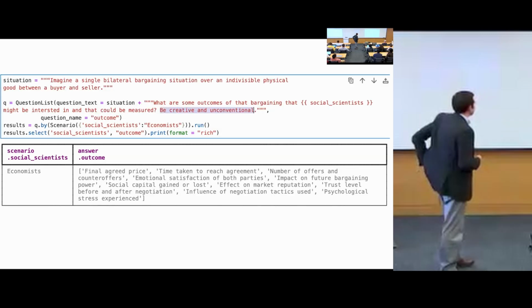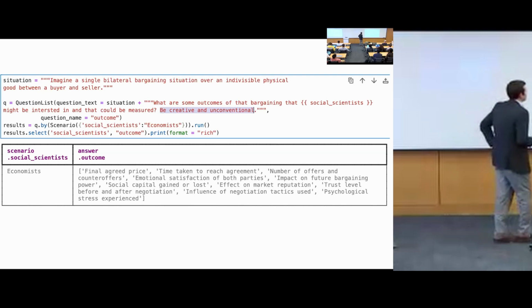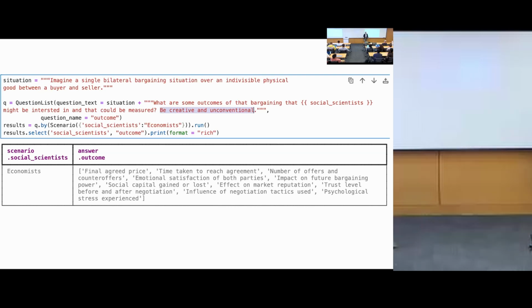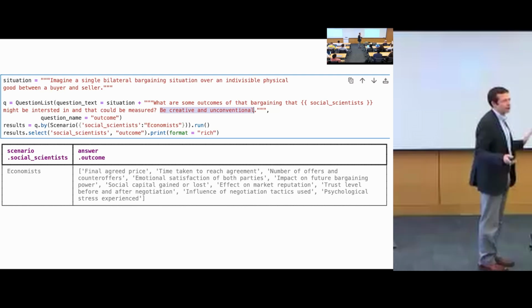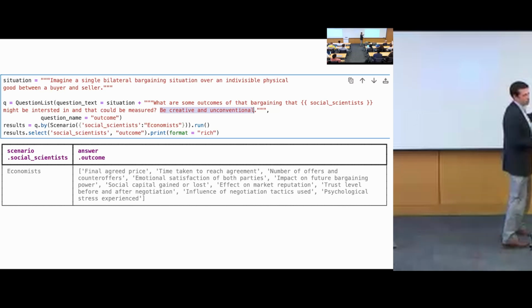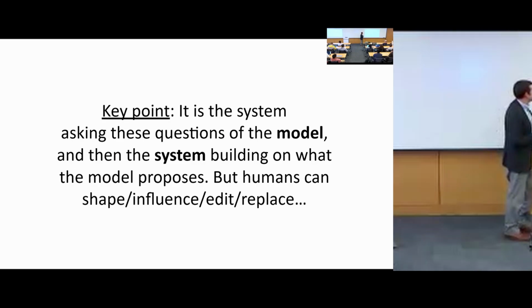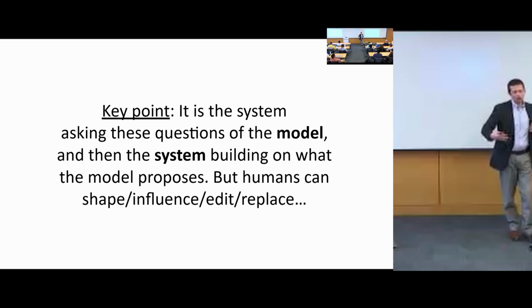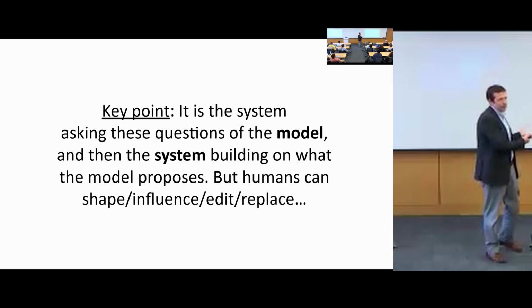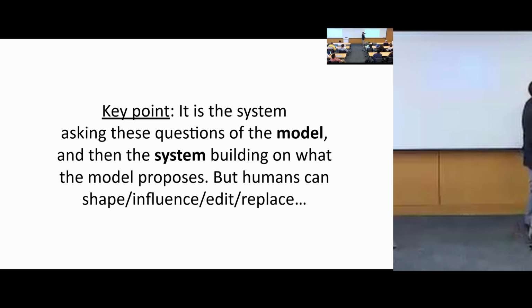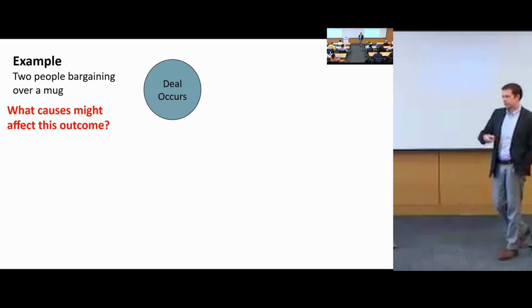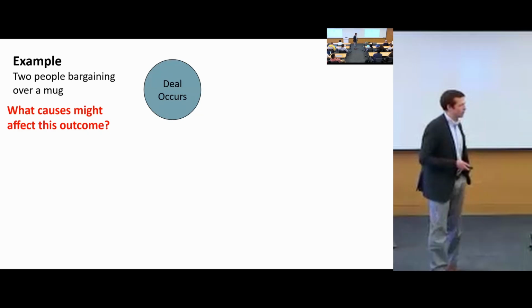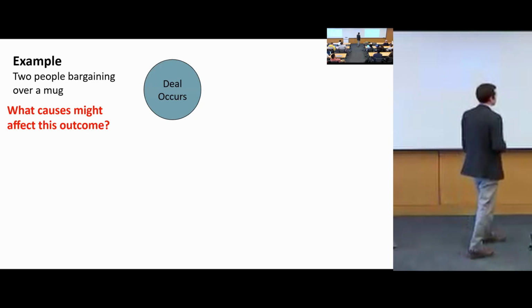Okay. So you can go in other places with this, like you could ask it to be creative and unconventional. You could say you're a sociologist, you're a computer scientist, whatever it is, but the idea is you're trying to get something that you're going to look at. The key point I want to emphasize is that the system is going to be asking all of these questions as we go. So we just set the domain. We're not involved in what happens afterwards by design. So if you do bargaining, the system said whether or not a deal occurs. That's a totally reasonable thing that you might care about in a bargaining situation.